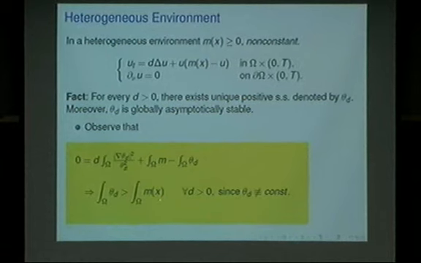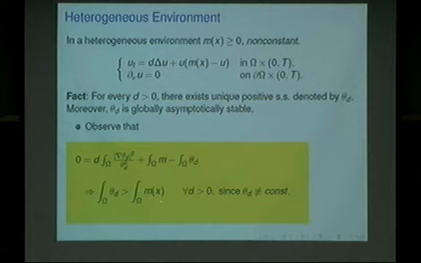m(x) is the carrying capacity at x. So the integral of m(x) represents the total carrying capacity. That should be the upper bound for the total population. However, this is the population, right? No matter